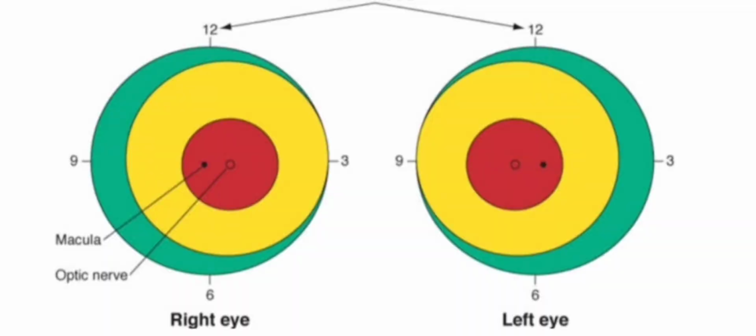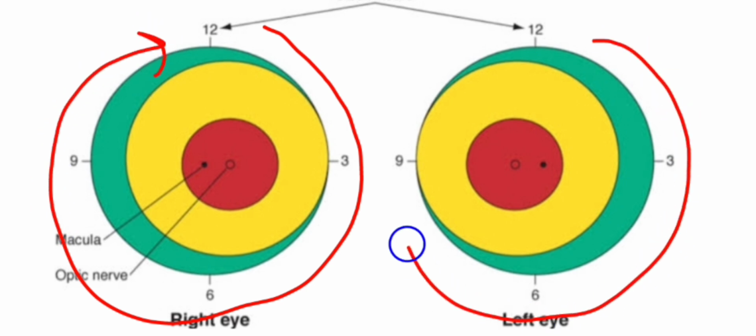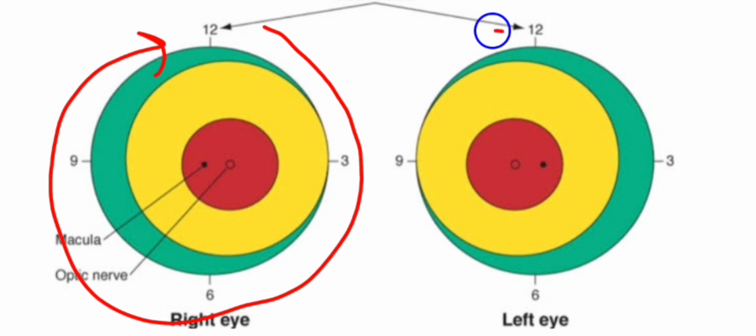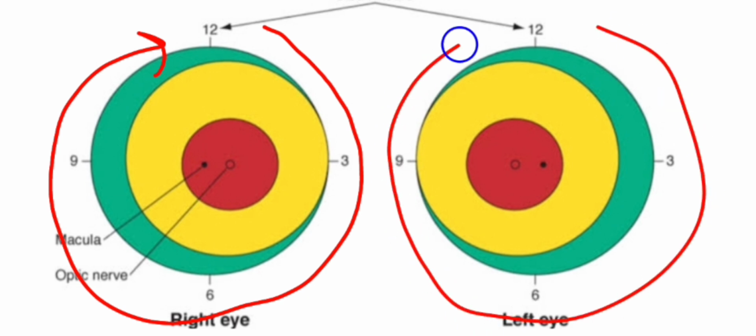First I will show how to write these clock hours in the retinal pictures, or how to identify the clock hours. As shown in this picture, this is the right eye and this is the left eye. In the right eye, the clock hours are shown like this, from 1 to 12 o'clock position. Whereas in the left eye, again in the same pattern, 1 to 12 o'clock position. Don't get confused in the left eye. Don't show it in this pattern. It is again in the same pattern, 1 to 12 o'clock position.